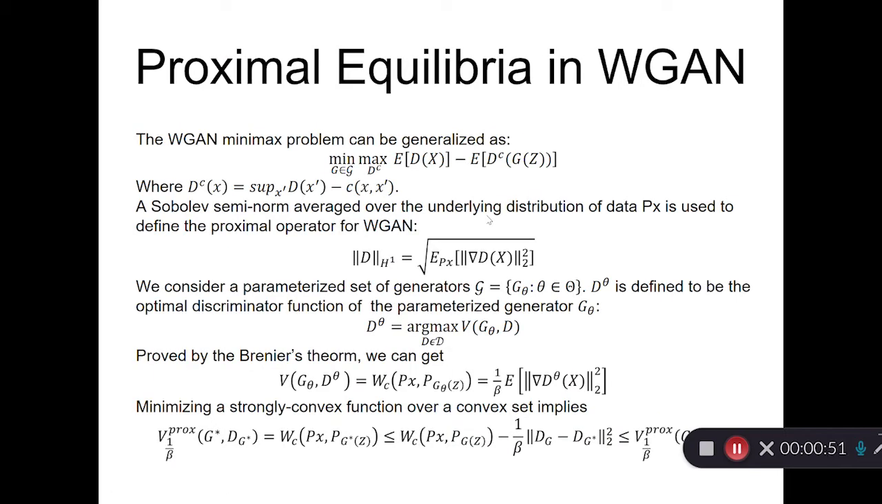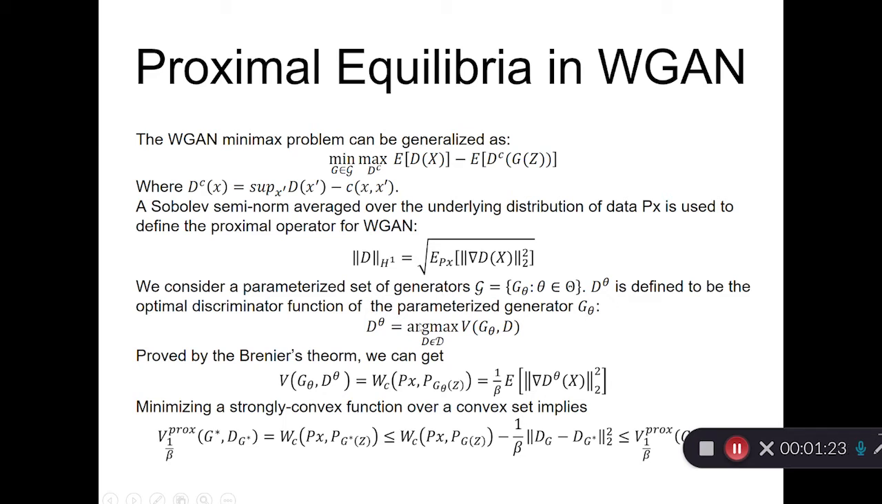Okay, let's talk about the proximal equilibria in WGAN. The WGAN minimization problem can be written like this, with a Sobolev semi-norm averaged over the underlying distribution of the data, Px, to define the proximal operator of the WGAN. We consider a parameter set of the generator G. This theta is defined to be the optimal